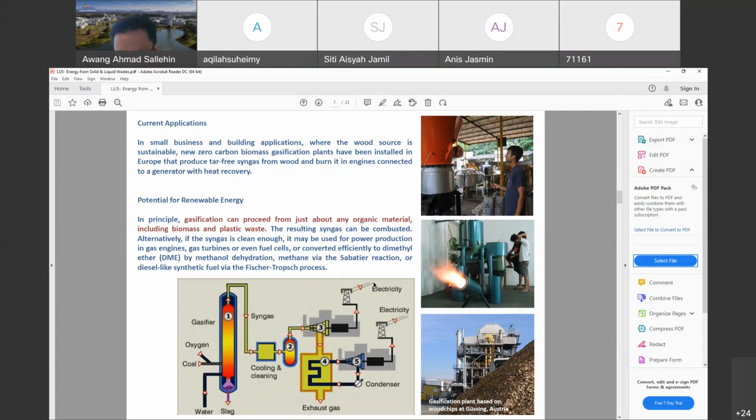Okay, so in our country, the solid and also the liquid waste can be used to generate energy. In this case, we are focusing on abundant lignocellulosic biomass that is available in our country. Okay,